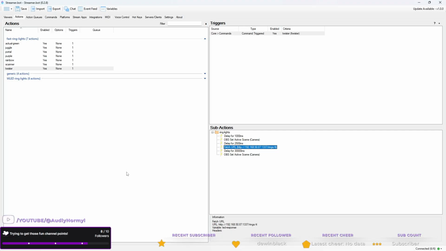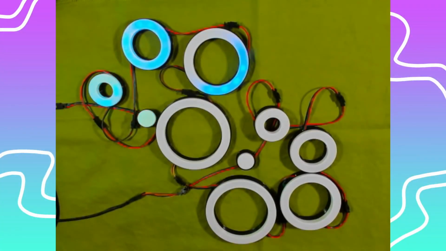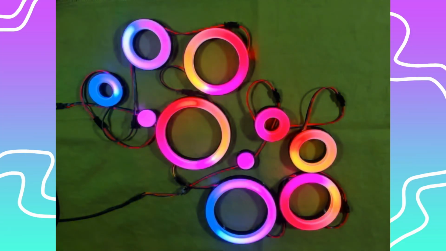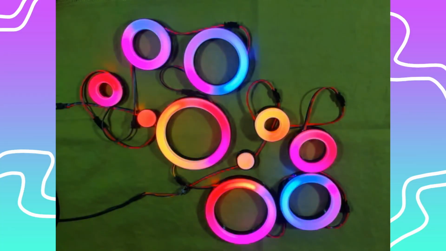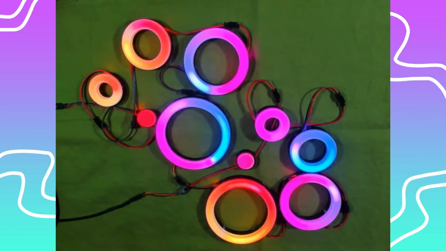Okay. Scanner. Yeah, that works. Very cool. And Twister. I didn't change the scene yet. I was waiting for the other one to run out, but yeah, that one works too. Sweet. That is so rad.